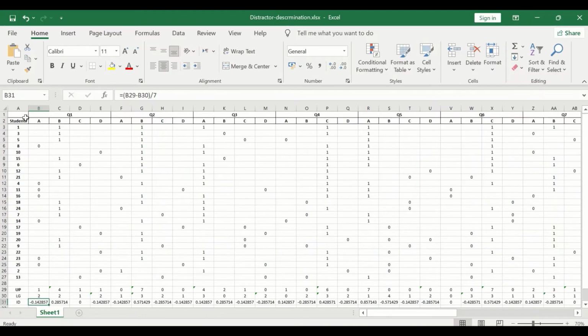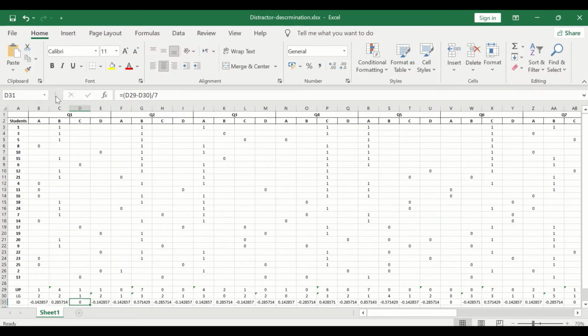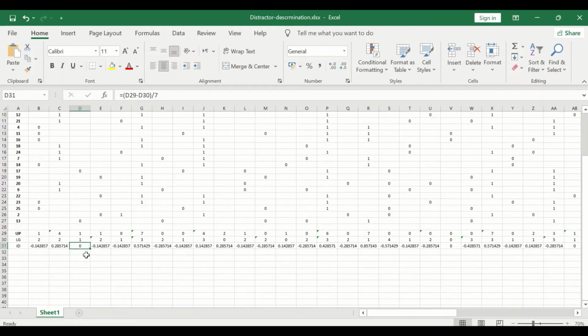So for option A or distractor A, it is functional, it is good. For distractor C in question number 1, the value is 0. That means it is not distinguishing between high performing and low performing students, which indicates that both groups of students have an equal proportion of selecting this distractor. So it is ineffective in discriminating between high performing and low performing, and in this case it ought to be discarded